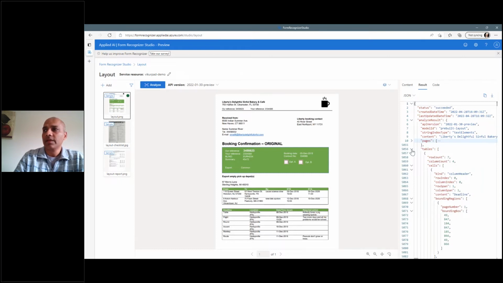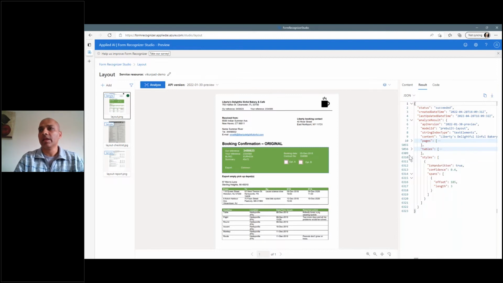The next output the layout model generates is tables as well as styles. So this is essentially how you use the Form Recognizer layout API to just extract structure. The layout API is being updated right now, and there is an update planned for June, where you will see